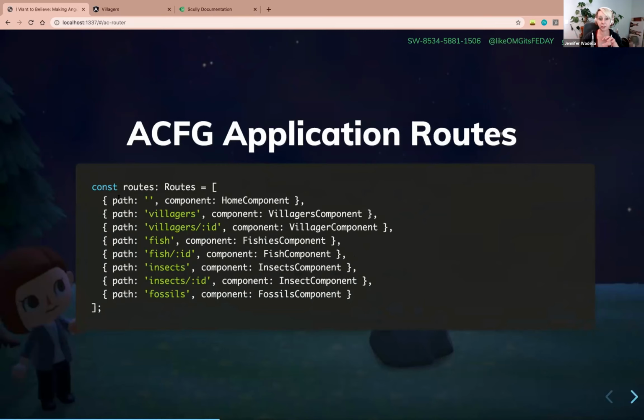So in my example application, I have a list of routes. It's going to look something like this, where I have a path and then whatever that component is. So for the context of this demo and what we're talking about, these are all my different routes that I care about. So the villagers route is going to display my villagers component. My villagers slash whatever parameter is going to display a specific component for a villager that's going to, from the API, call specific data about that villager by passing in their ID. So that is what my application looks like in a nutshell.